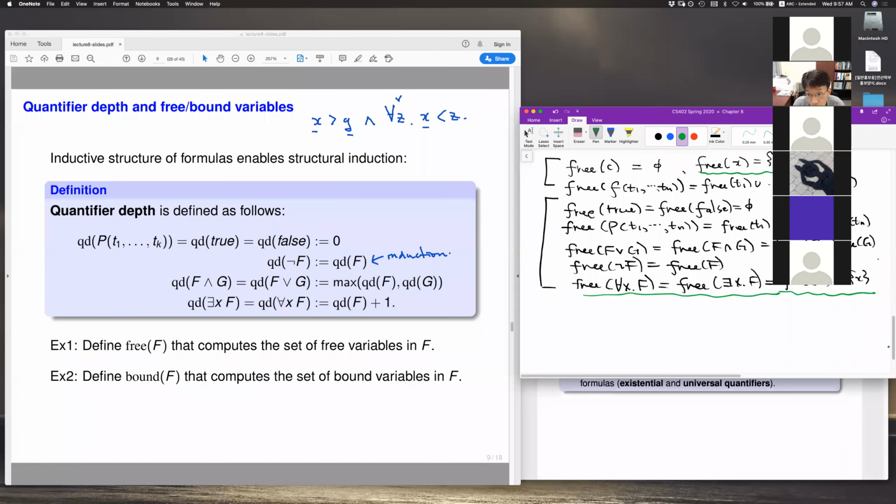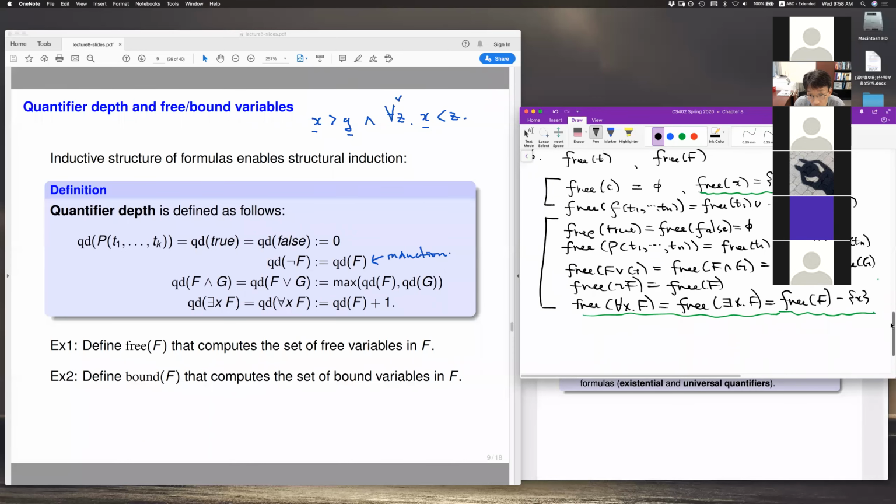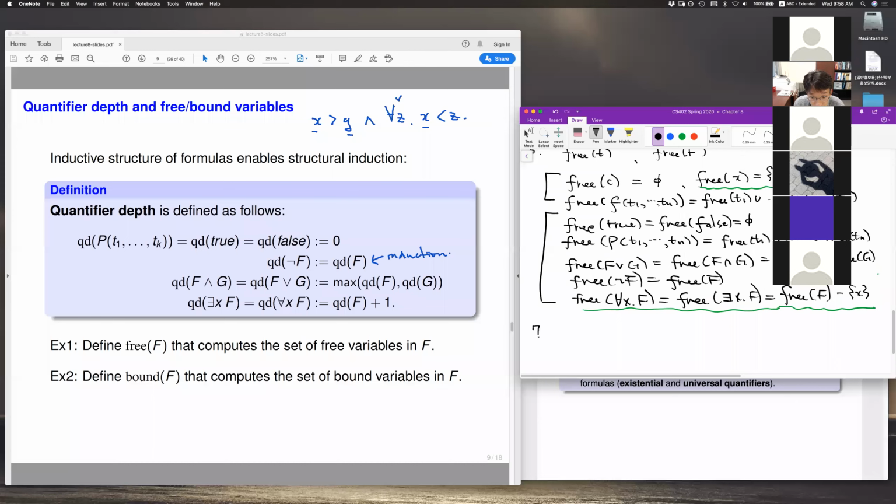So especially for bound, there are actually multiple ways of defining the notion of bound variables. But one particular definition we're going to adopt is that the bound variables are the ones which are quantified. We have an explicit quantification. So then really the base case, we don't even need to define the bound variable